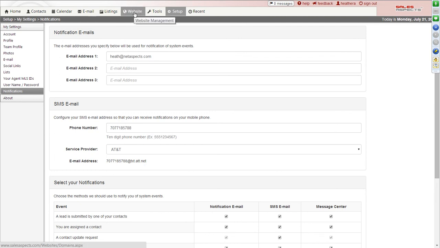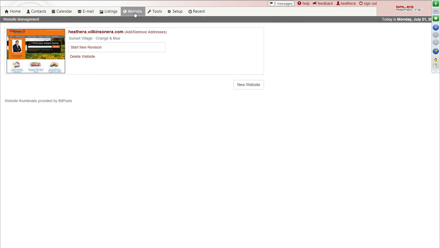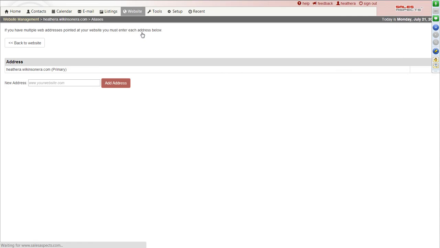If you want to create a website directly from the website tab, you can simply click on website and click on new website and build a new website with a new domain name by clicking on new website tab. I recommend also transferring your domain name or purchasing a domain name as well. So when you click on website, make sure to put in your domain name